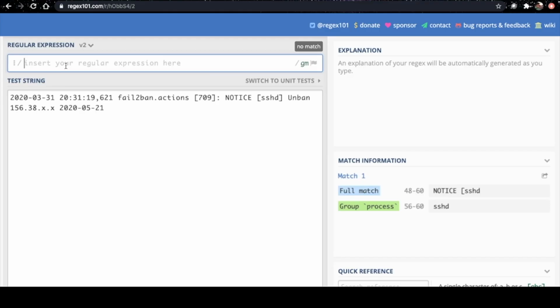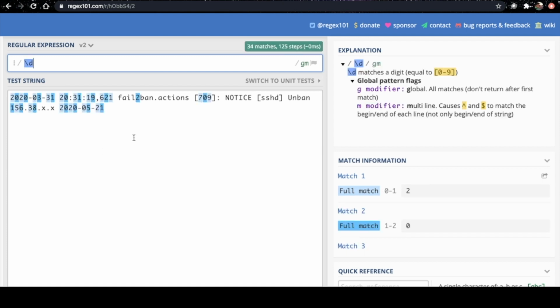In this first example, we'll try to extract the date which is available here and also available here. To match any digit in regular expression, what we use is slash d. You see it here, slash d matches any digit in the event or line.